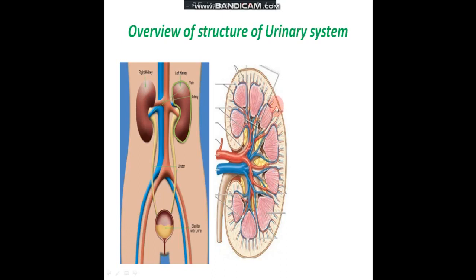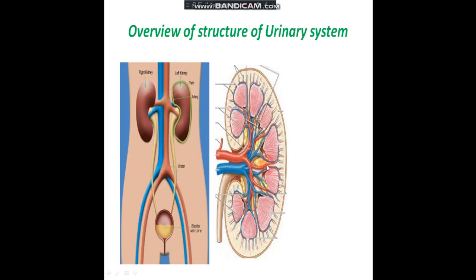It is divided into an outer pale area, which is known as the cortex, and the inner part, which is somewhat pinkish, having pyramidal structures, which are the renal pyramids. They form the renal medulla, and in between these pyramids pass some projections of the cortex, which are known as the renal columns. The renal pyramids have apexes which project into the minor calyces. Then we can see the hilum of the kidney, where the renal vessels enter, and the pelvis of the kidney.